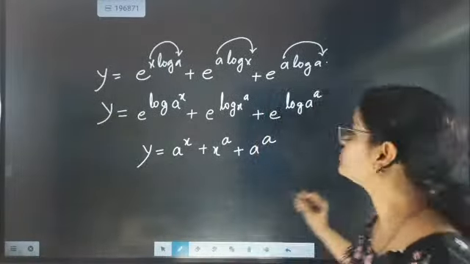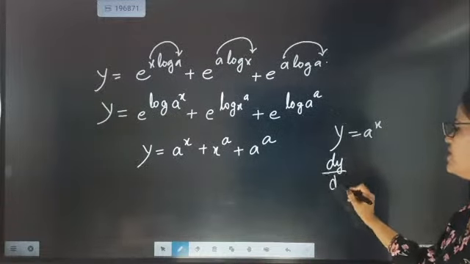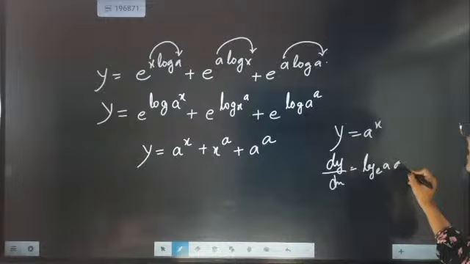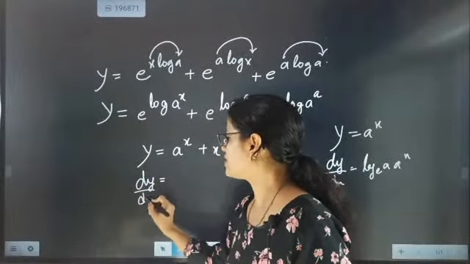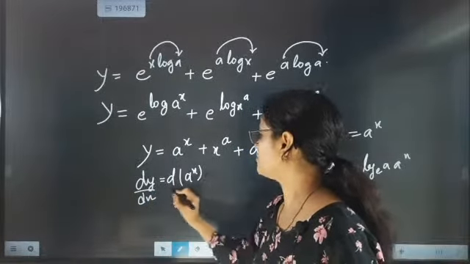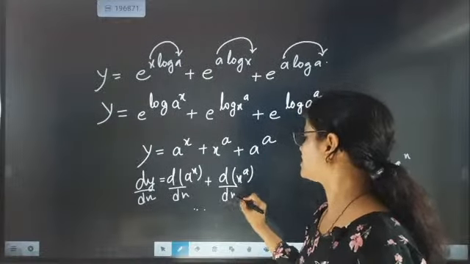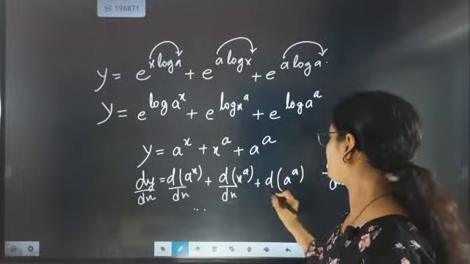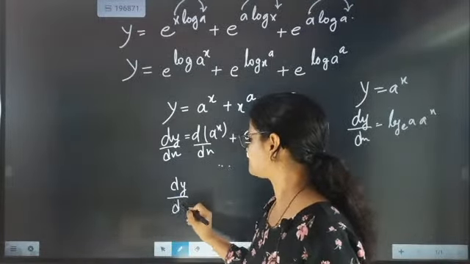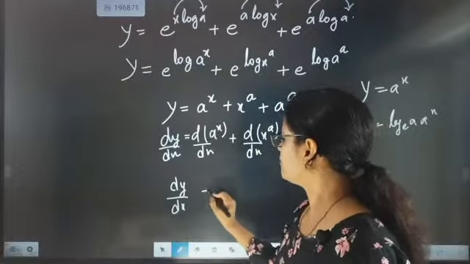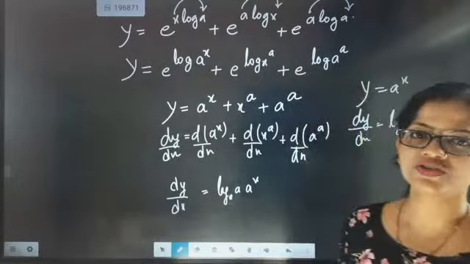We know the differentiation of this. So you are going to say that dy by dx equals log base a to the power x. Directly we can write. Here we can write it as differentiation of a to the power x dx plus differentiation of x to the power a dx plus differentiation of a to the power a dx. So now it is coming as dy by dx will be equal to, this part will become log base a to the power x,